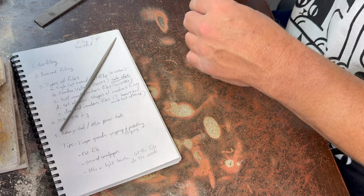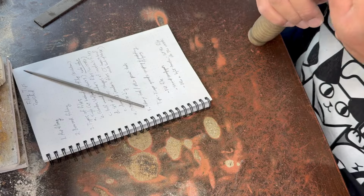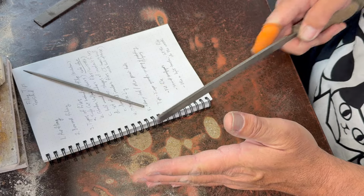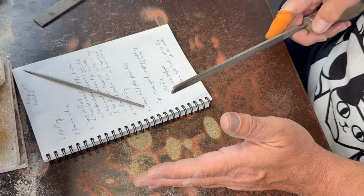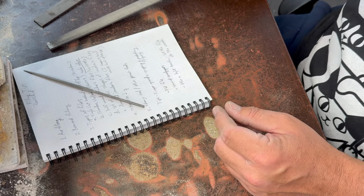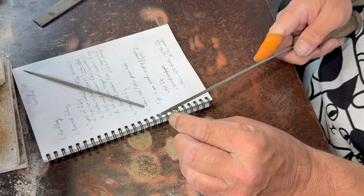When you are filing, your wrist has a tendency, when you push forward like this, to curve a little bit. It's just because of the way your arm's elbow joint works, I think. And so in order to get a nice flat surface on something, you need to kind of control that natural